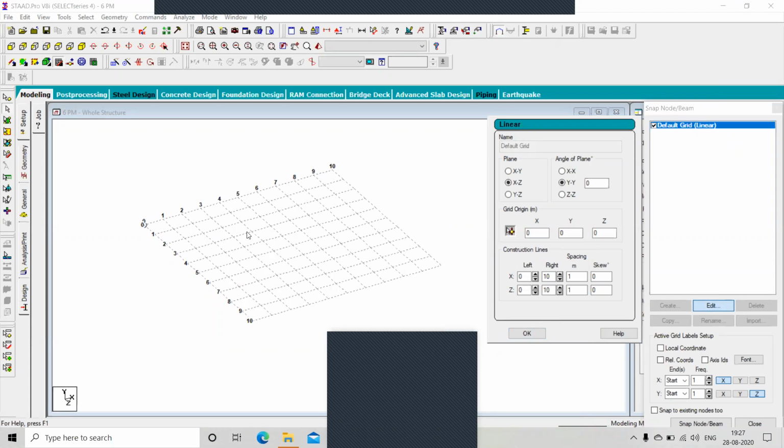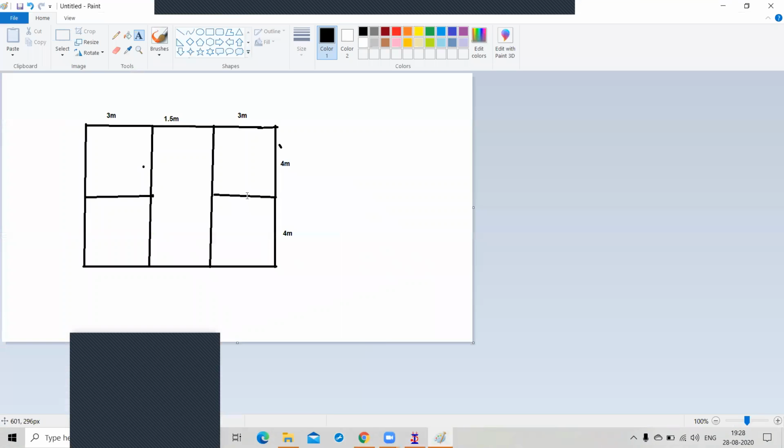So the grid is appropriate for this plan. You can see here again, we have 3 in the x direction, and this is 4 meters in the z direction.